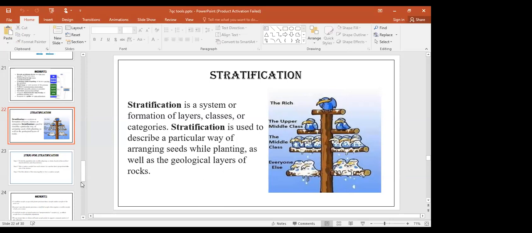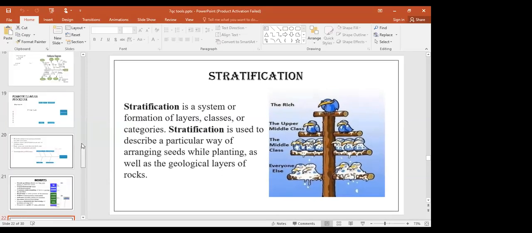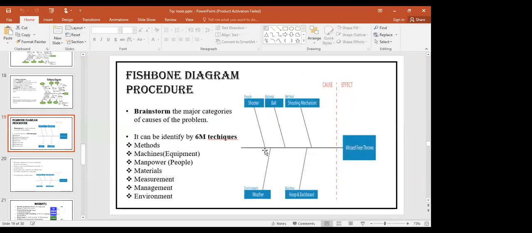Then you asked one more question, that is how to draw a fishbone diagram. If you draw a fishbone diagram, first you want to draw a skeleton like this. The skeleton looks like a fish, and in the head part you want to put your effects. Whatever problem you have in hand, first you want to put the main problem on this effect side, and then afterwards you want to write the causes for rectifying that problem. In this case you can use the 7M technique that I used in the slide also, and you can refer to that.